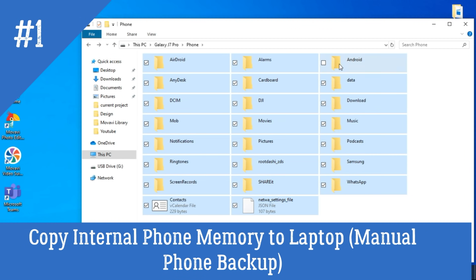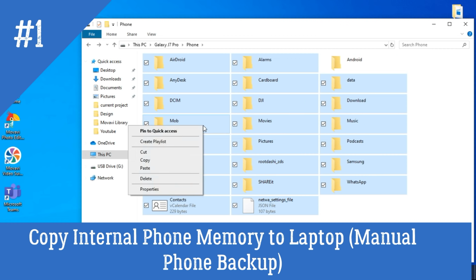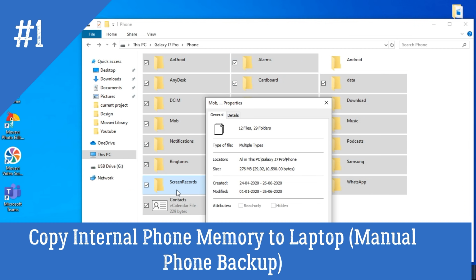Except Android, you can copy all other folders. The Android folder you can't access or copy. While copying it will stop in between. So except Android, you can copy all other folders.